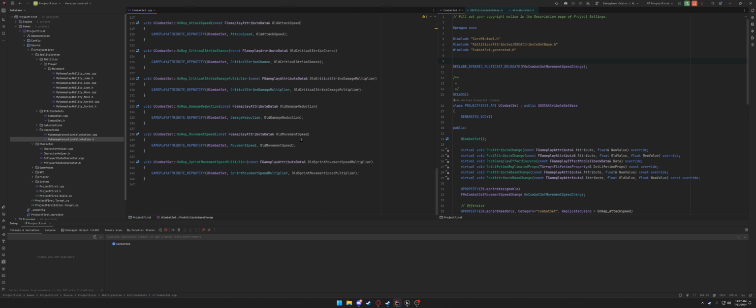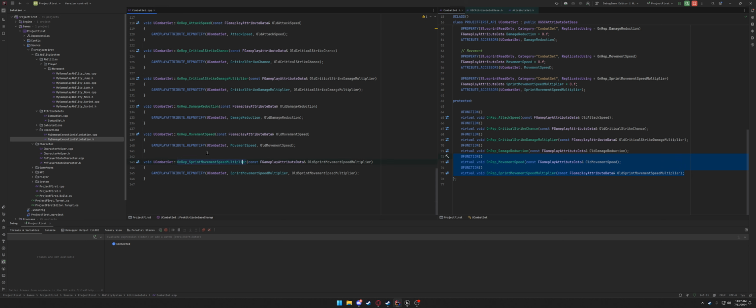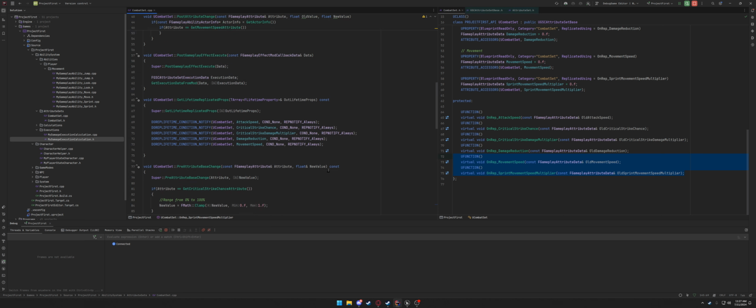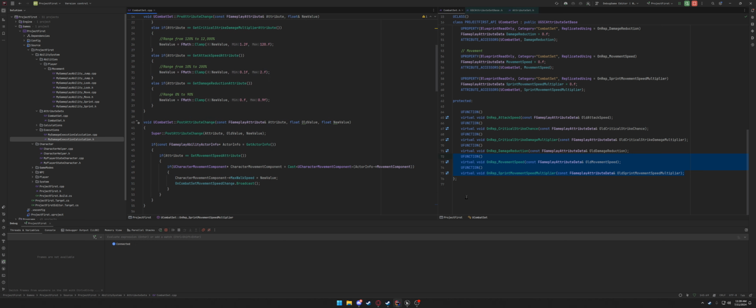And that's it. When you implement your functions, it's the same as the other ones. You just call gameplay attribute rep notify, and then you pass in your values. That's pretty much it for your rep notify, and that's it for the C++ code. So then you compile,